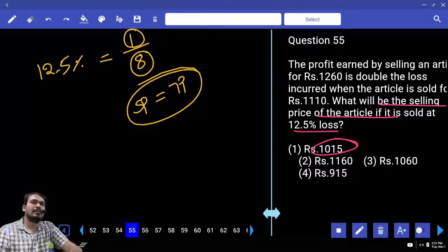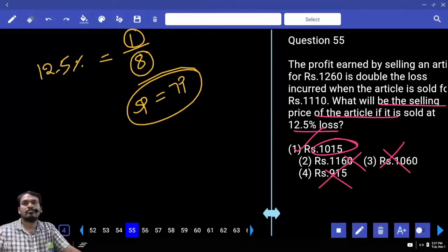7 13s 91. What is the remaining value? 105. Is it a multiple of 7 or not? Next, the second option is a multiple of 7. No. Third option? No. Fourth option? No. Then the answer is